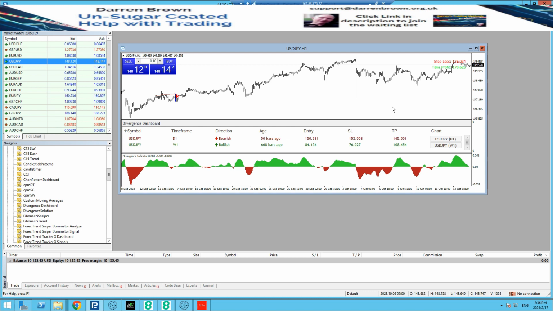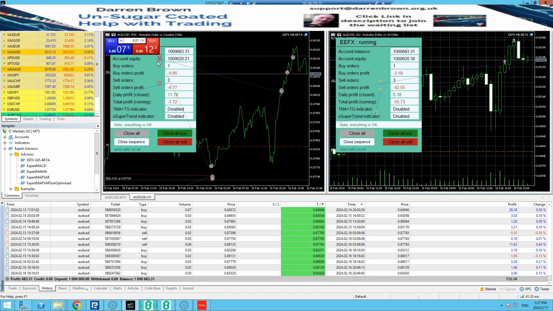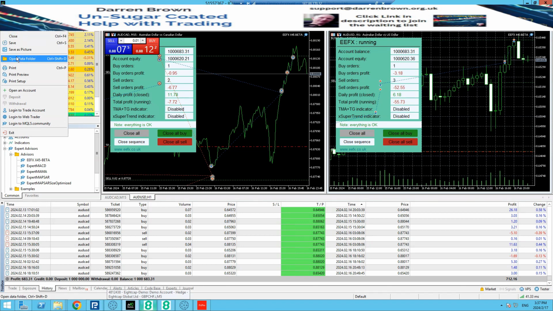If it's something that you think, yeah, I could give this a go, then at least you know what you can do. The beauty with this is it's giving you the entry point, the stop loss point, and the take profit point, which means that if you are using this one here, let's go here,